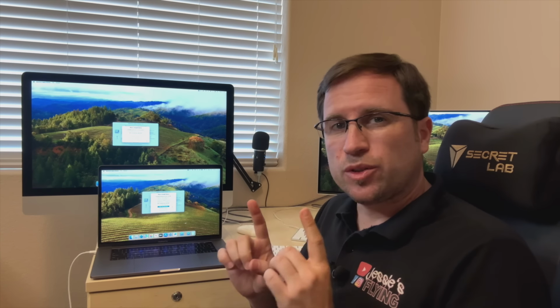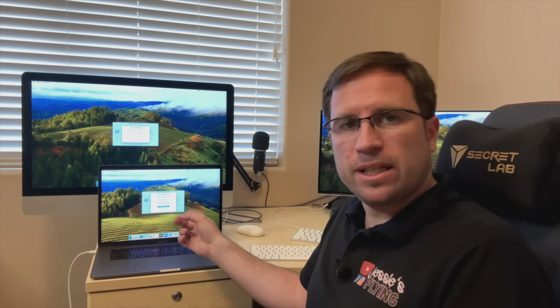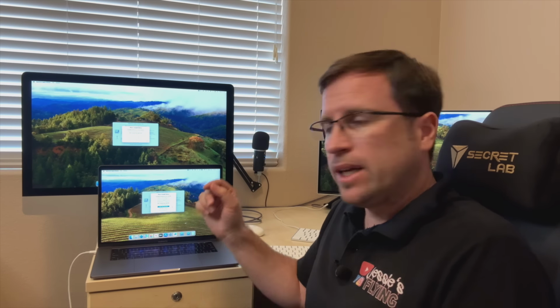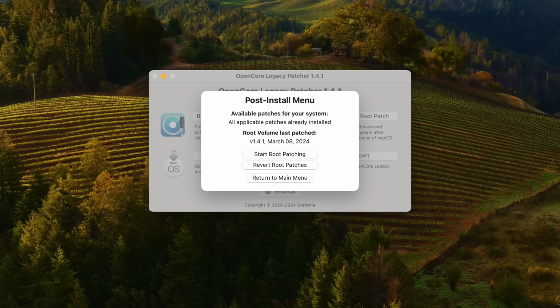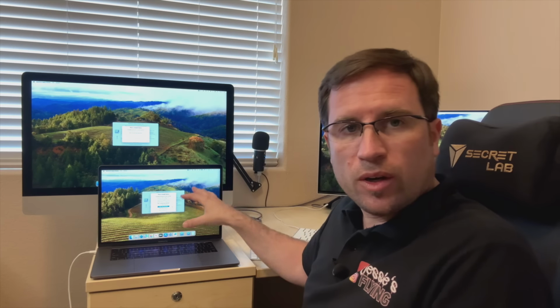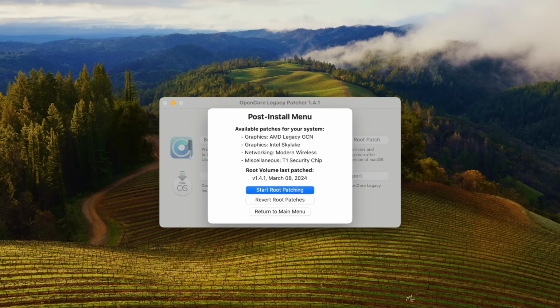So both machines have rebooted after the root patch, but there's one special thing, and maybe you can see that the screen here is flickering. On the iMac 2017, when you go again to the OpenCore Legacy Patcher and check root patches, it just says all applicable patches are already installed. Last volume patched 141 today. When you do that on the MacBook Pro 2016, it says that the root volume last patched was 141 today, but it finds more and